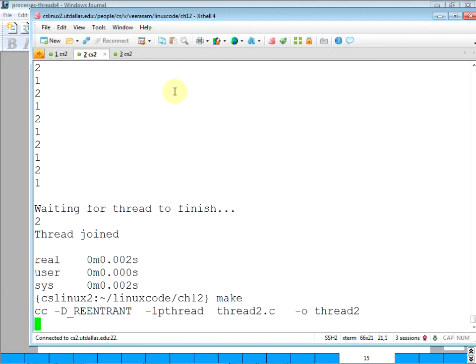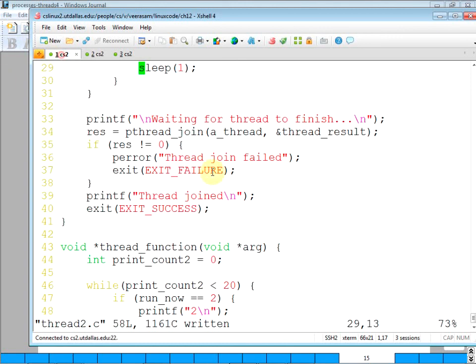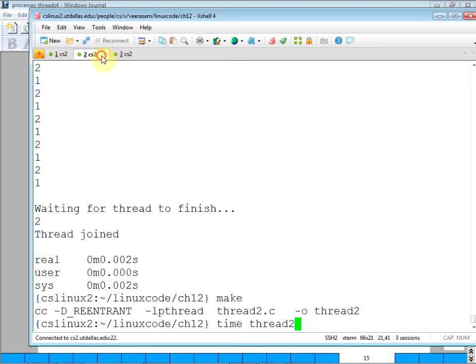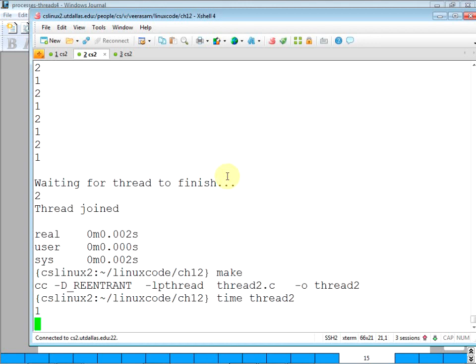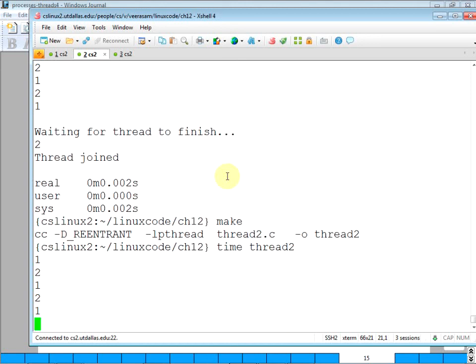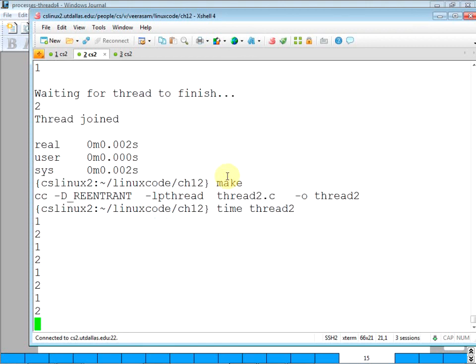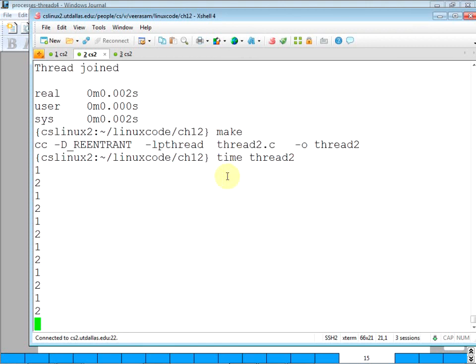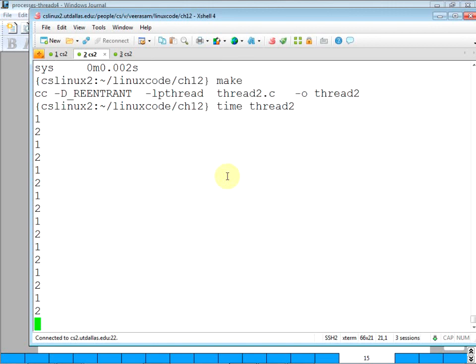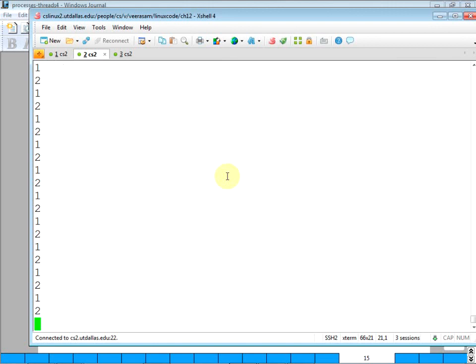Time thread2, what should be the output? It's printing 20 times, so how much time? It sleeps every time, so it should be 20 seconds or 40 seconds.